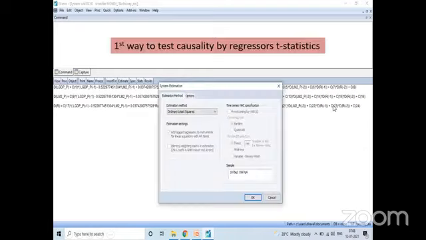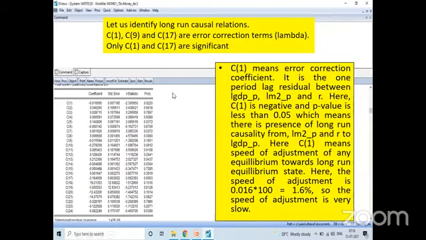And we will get 2 equations. One, C1 is the error term or an error coefficient, and C2 are the normal terms. When I select just the upper row and run it, I will get this type of equation. Now the most desirable condition here is that the C1 term should be negative and it should be less than 0.05. Is it clear? Why so?